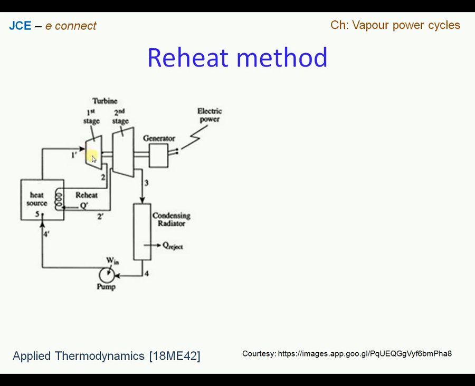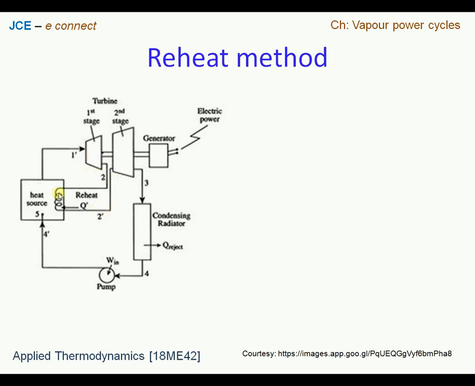We are going to expand the steam, and once the steam is expanded, work is extracted from the turbine, and that steam, after it loses enthalpy, will be again reheated in the boiler, and it will be again supplied to the next turbine, that is a low pressure turbine. So this is called a reheat pressure. At that pressure, we are going to supply to the next turbine, low pressure turbine or second stage turbine. At this point, again full expansion of the steam will take place, and the steam is going to go through condensation process. Then we have a pump, condensate will be pumped to the boiler and back to the turbine.